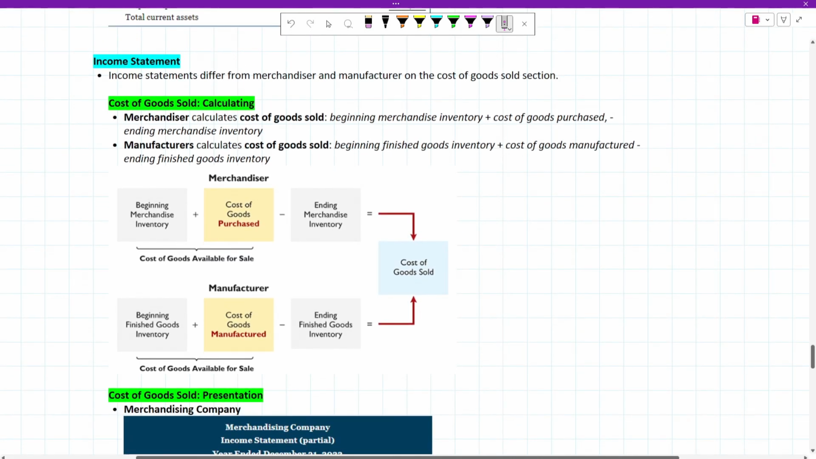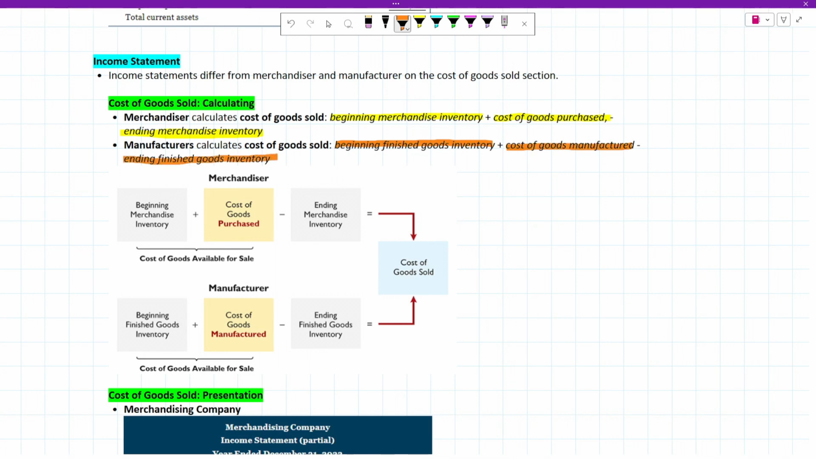So income statement. Income statements differ between merchandiser and manufacturing on the cost of goods sold section. So cost of goods sold, this is calculating it. A merchandiser calculates cost of goods sold with beginning merchandise inventory plus cost of goods purchased minus ending merchandise inventory. For manufacturers, they calculate cost of goods sold by beginning finished goods inventory plus cost of goods manufactured minus ending